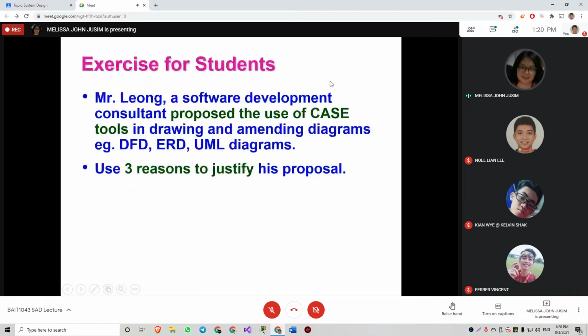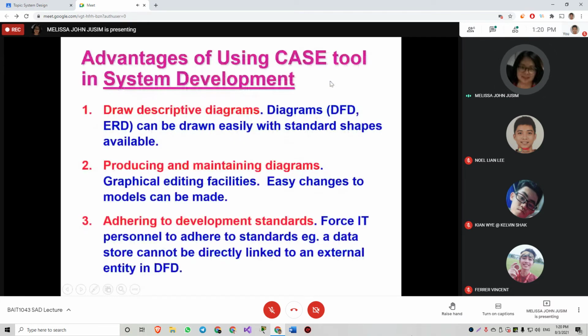This is in general system development. The first advantage, we can draw descriptive diagrams. Second, we can maintain the diagrams, so the editing facility is there and changes can be made easily. And number three, adhering to the development standards.